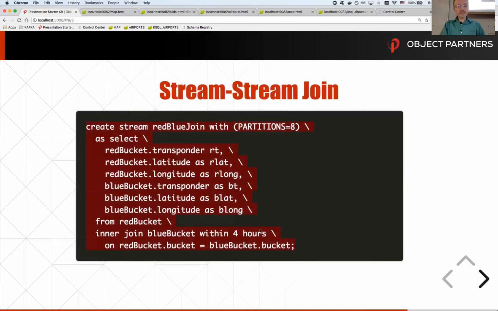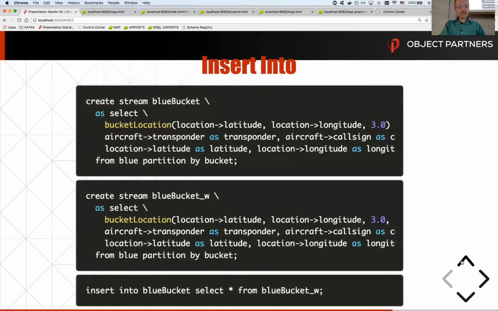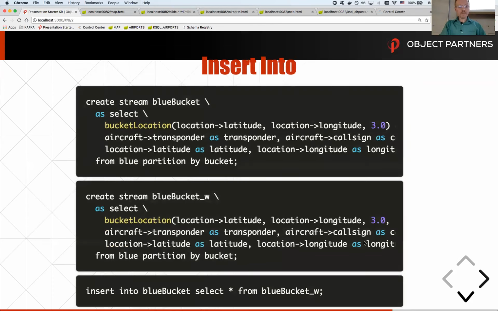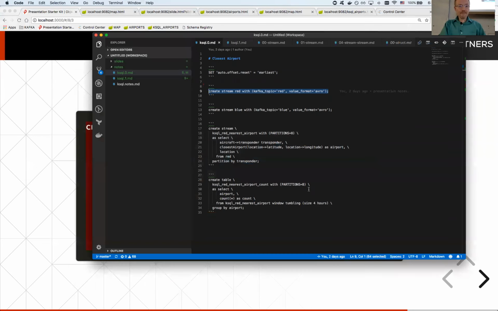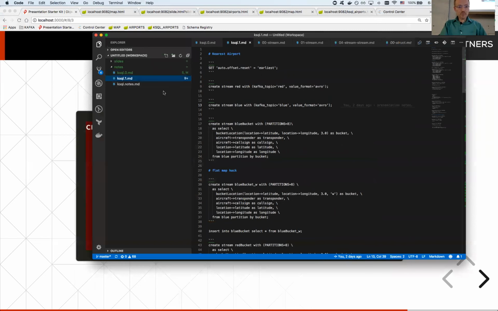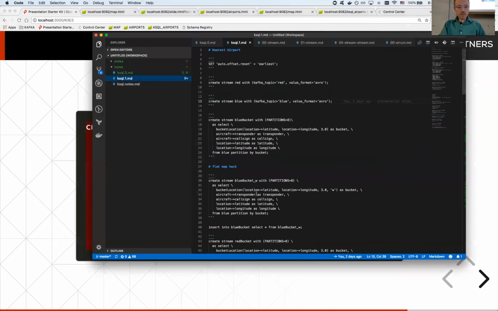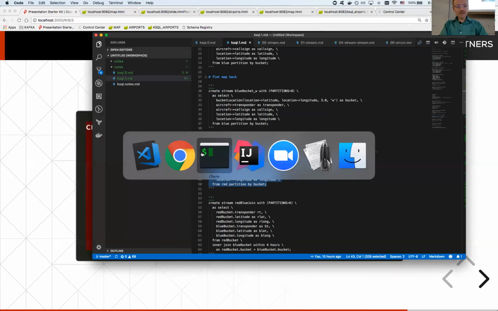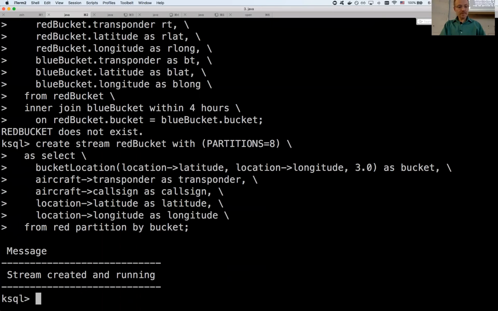Oh, I forgot to create the red bucket from the beginning. There's the red bucket. I didn't want to have to type it all in front of you.